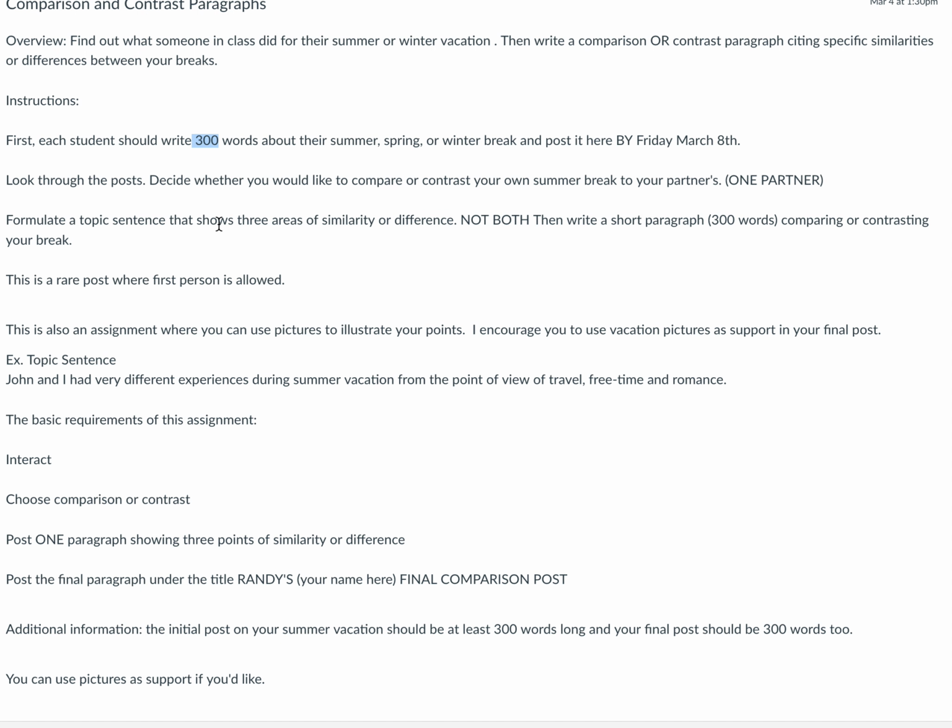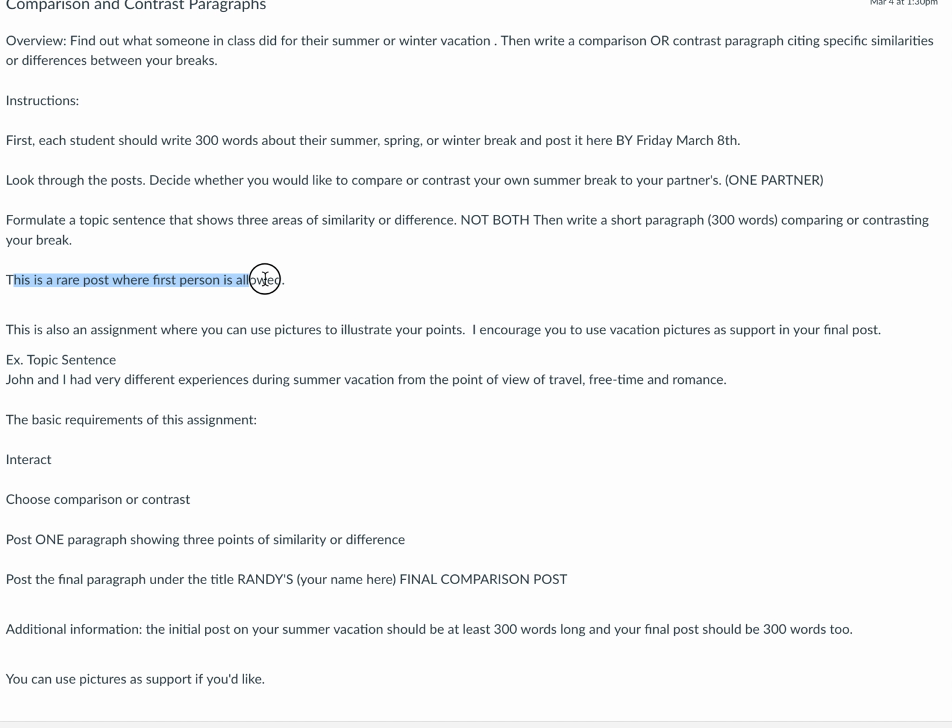So you're going to formulate that topic sentence, just like I was saying, and you're going to be talking about contrast or comparison. Don't do both. You don't want to say they were similar and different. No, it's a single academic paragraph. Unify around the idea that you're just talking about similarities or differences.